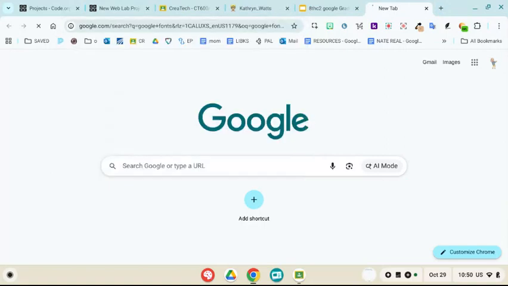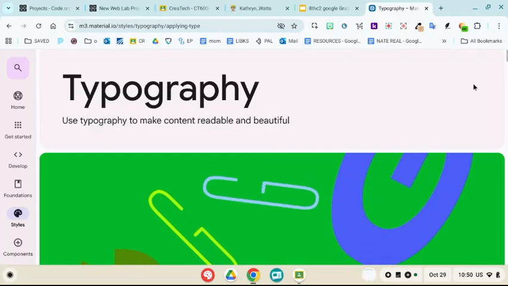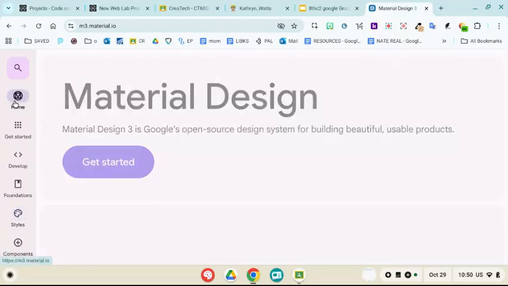Google Fonts. Okay. And I'm going to go ahead and go to the fonts website. Now, if you've never been here before, it will be empty to start. But the first thing you always do when you go to Google Fonts is that you check your shopping cart. So from the home screen,